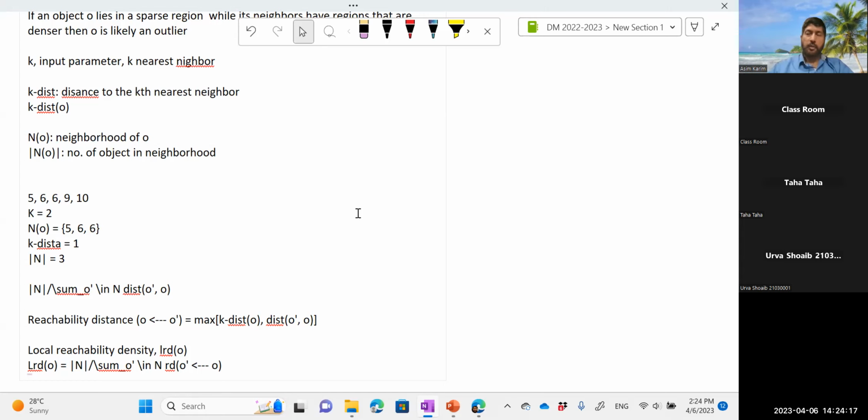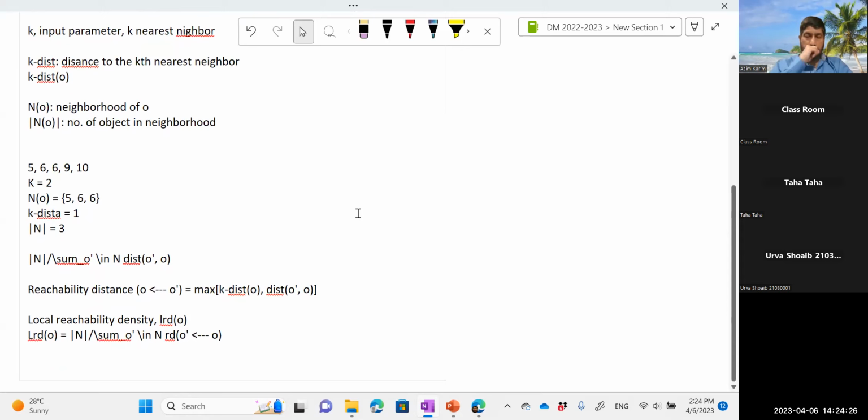Number of objects divided by some notion of distance or area or volume. Okay. So essentially now from this definition, we define our LOF, which is local outlier factor, which is